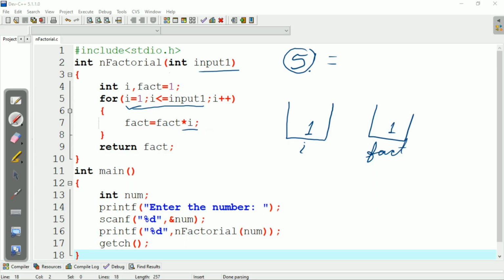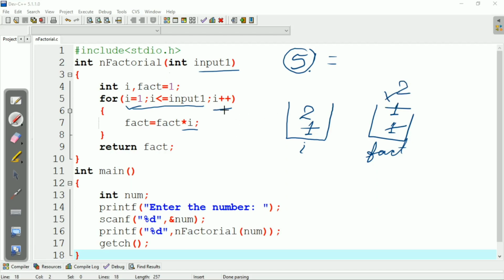Here 1 into, and i value is 1, so 1 into 1 equal to 1. Now again i plus plus means i becomes 2. Now 2 is less than or equal to 5, condition is true. After that fact equal to fact into i. Now 1 into 2 becomes 2.